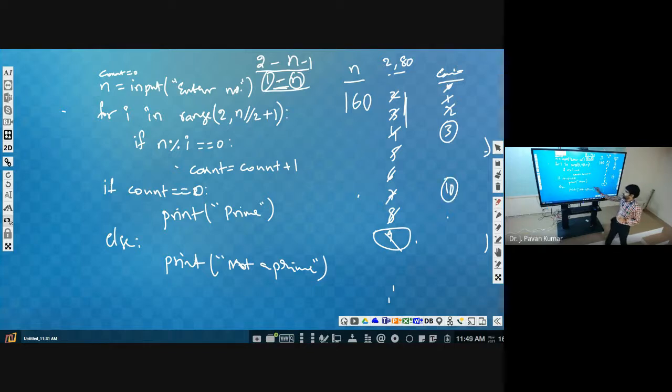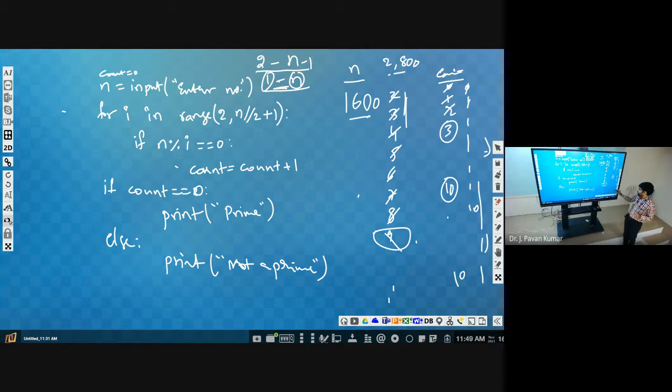But to determine whether it is a prime or not, count should be 0. Then only it is a prime. Other than count as 0, it will be considered not prime. Now, if you consider 160, after finding one factor, we are counting up to 10. Now consider 1600. 2 to 800. After finding that 2 itself is a factor, we will keep on counting.